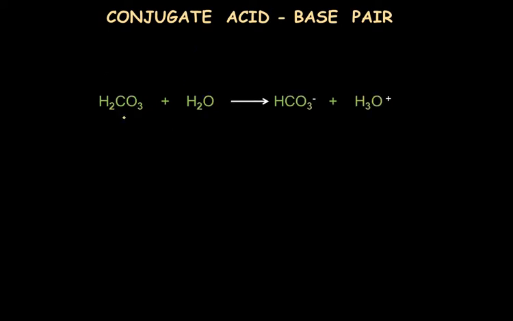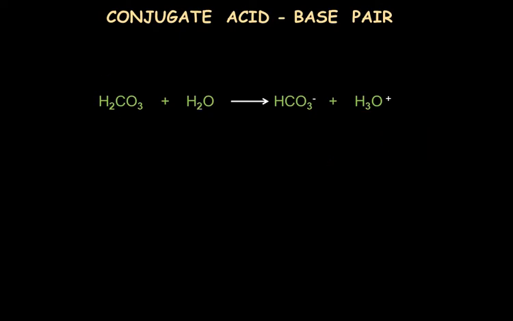Now here is another example where hydrogen carbonate is reacting with water, or you can say dissolves in water, to form hydrogen carbonate ion and hydronium ion. Now H3O plus, as we have already seen in our other video, is also called oxonium ion or hydronium ion. We can call it by both names. Now you can pause this video and think about the acid-base pairs, that is, which species is acting as an acid, and on the other side which is the base of the same acid. So pause the video and make the acid-base pairs.